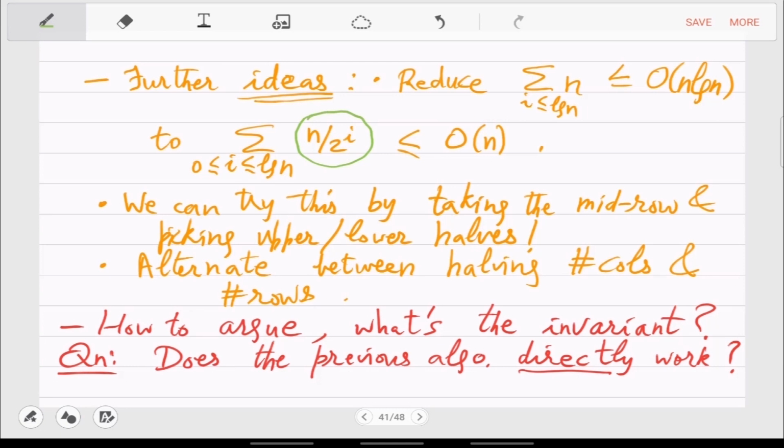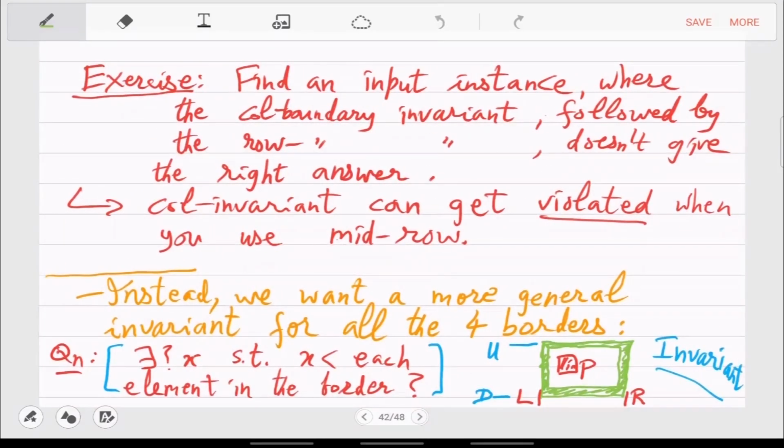That's the idea contained in the new algorithm, that when you are trying to find the minimum in either mid-C or mid-R, that minimum can be found in time n by 2 raised to i. Why is that? Well, because that is the length of mid-C or mid-R. After i steps, since you are halving in both the dimensions, the 1D array where you want to find the minimum is only of that much size and not n size. So that's all. So we have this inequality, we have the time complexity.